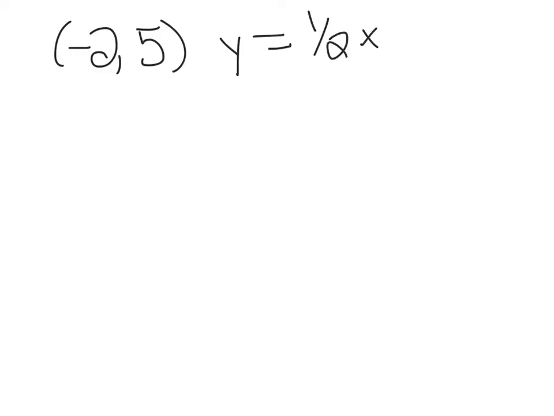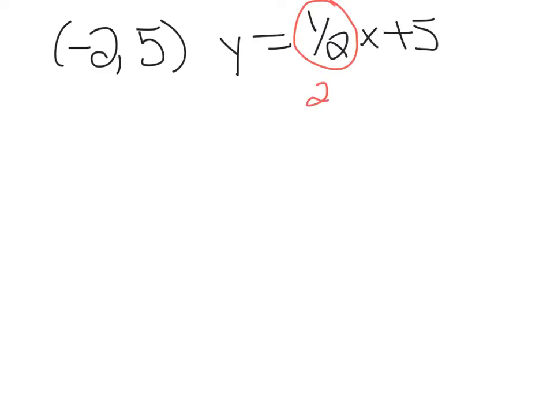So problem number 14 says, which equation below represents the line that passes through the point (-2, 5) and is perpendicular to the line y equals 1/2 x plus 5. Well, perpendicular is a key word here, so we're going to take the slope and we're going